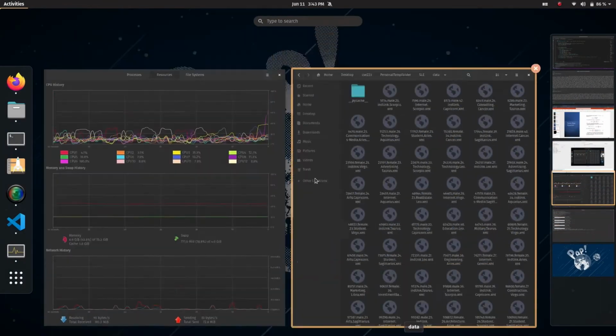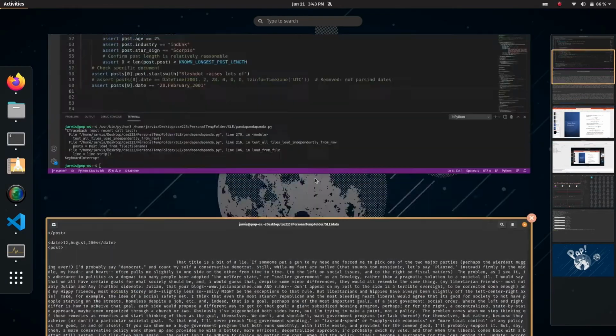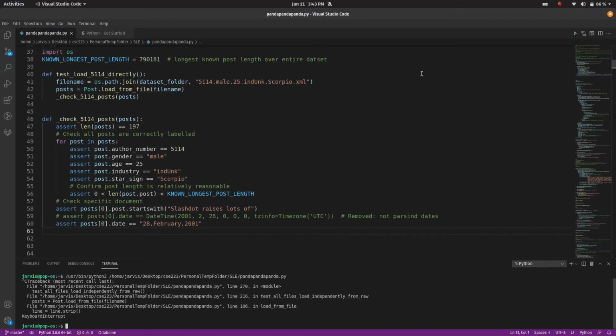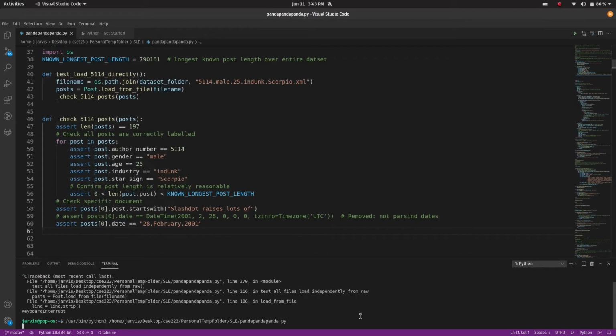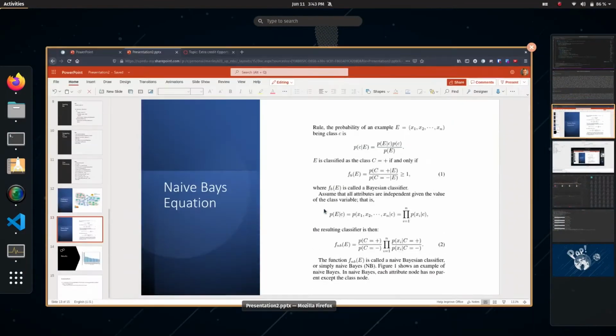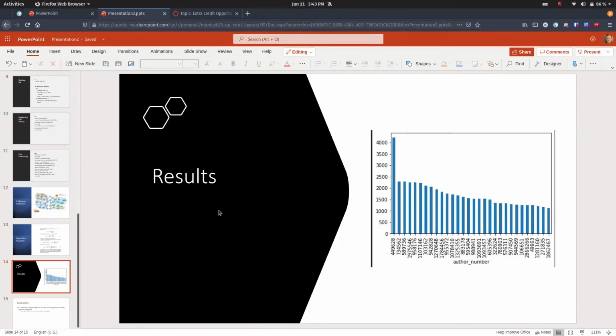So I'm going to go into the file, and I'm just going to run it. And so we run this file, and it's actually going to take an extremely long time to run. So fortunately, I have some data from a previous